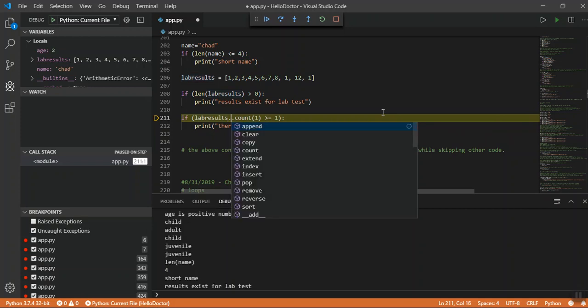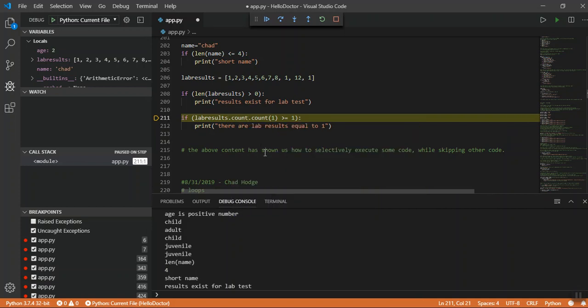But I can hit the period. Let's call this the dot notation, right? So I go lab results as a list. I hit the period after it, the dot. And then it shows me all the options I can do to it, all these methods that exist. You pretty much want to skip anything with these double underscores. You want to just stick above that. These are system things. These are user things. But I can do a lot of stuff to it. One of the things I can do is a count, which is this guy right here. And then I do the parentheses on count,